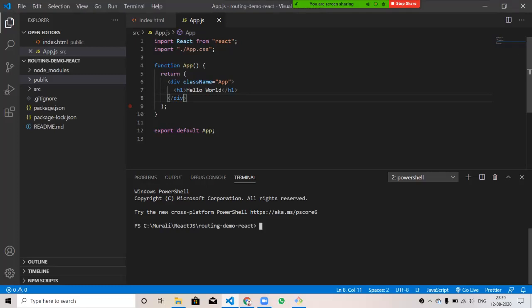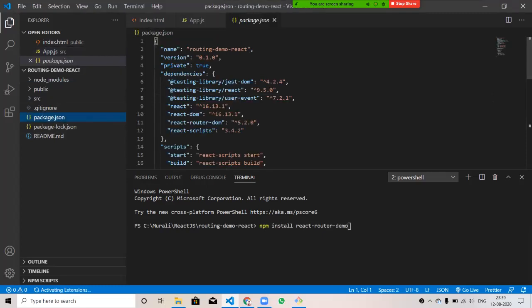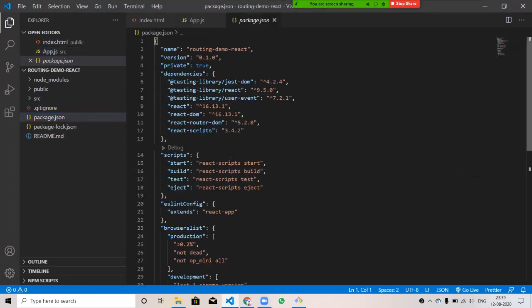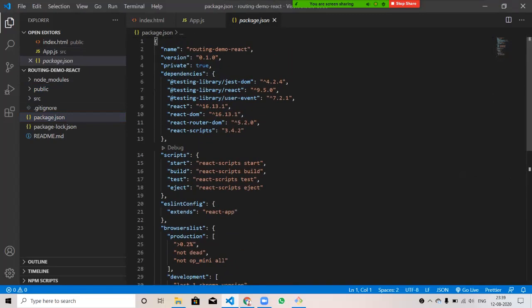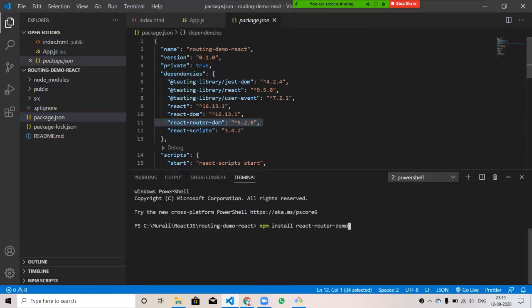To set up React routing, we need to install the dependency, that is npm install react-router-dom. Since I have already installed it, I'm not going to install it currently. You can see over here in my dependencies, React router DOM is there. So I'm not going to install it, but you have to install it. Once it is done, what I will do,